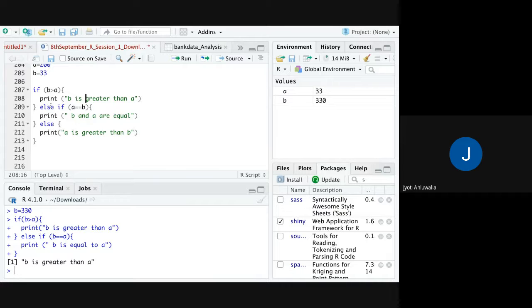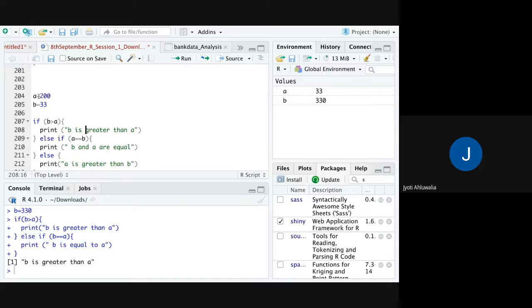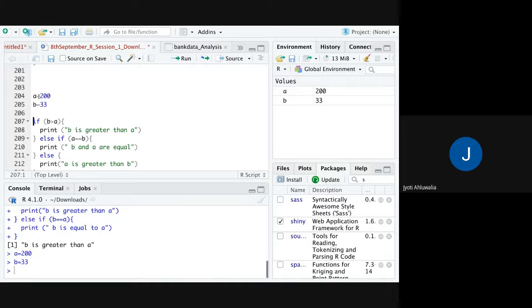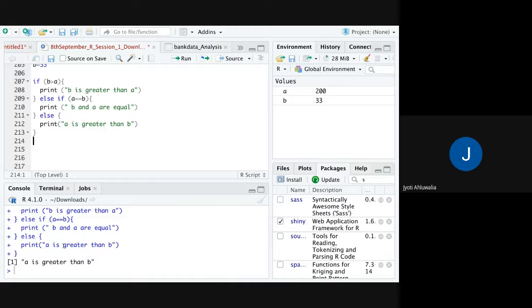This is else if and this is else, which says A is greater than B. So now let's run this.